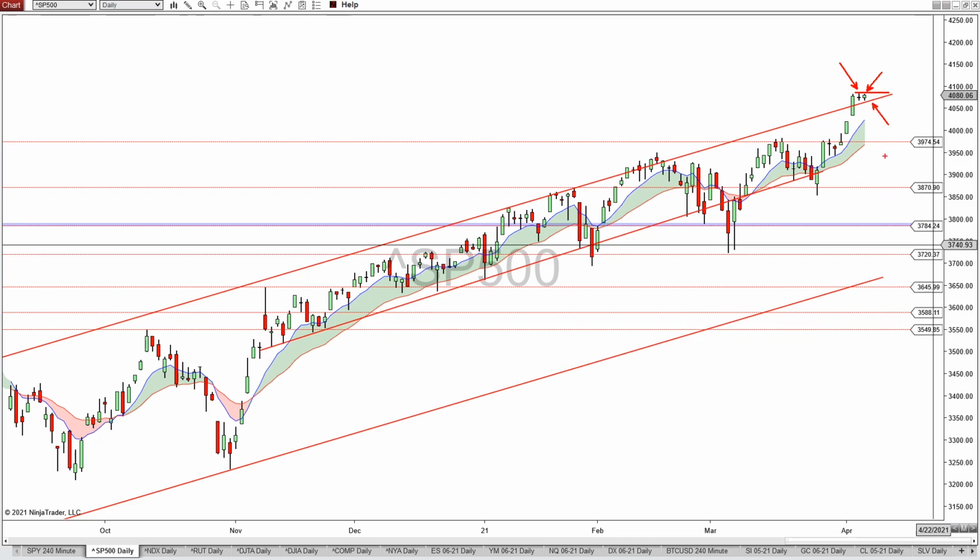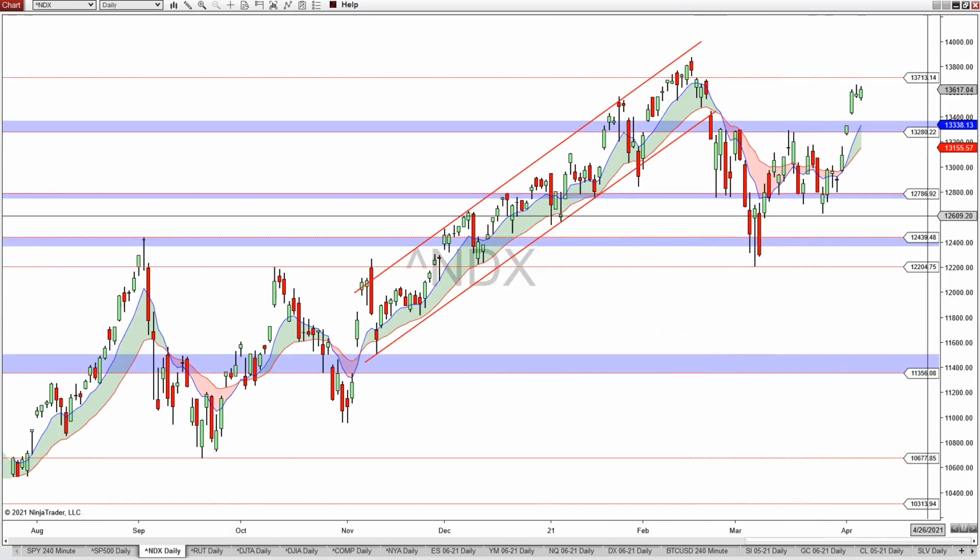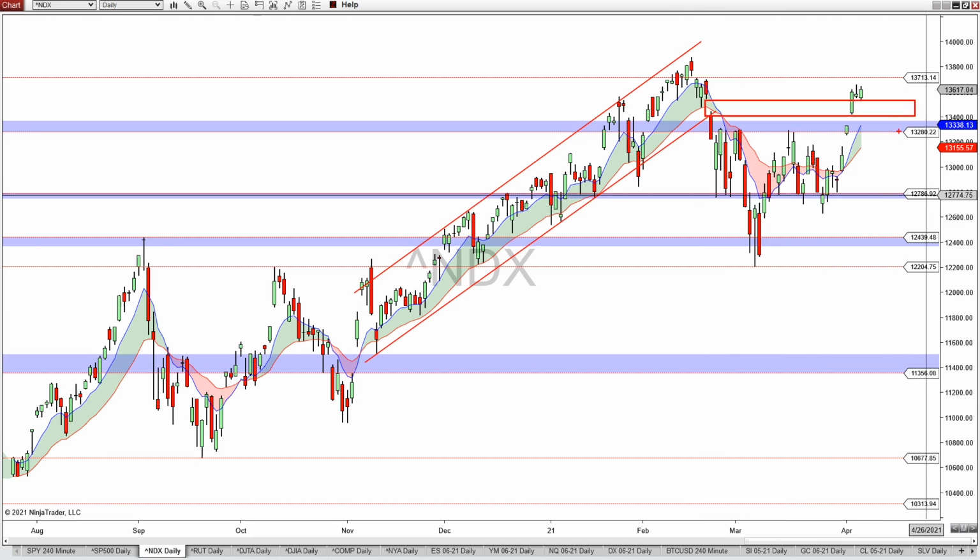But it is above the upper price channel trend line here on the S&P 500. Here's the NASDAQ 100. Remember, we were talking about this gap fill. Once you get above this 13,288, then look for this gap fill. And we are right now watching for this pivot high to get taken out,